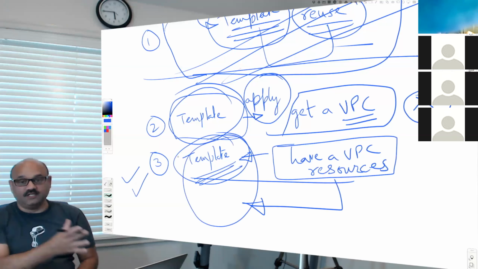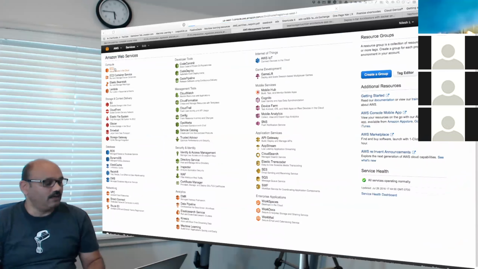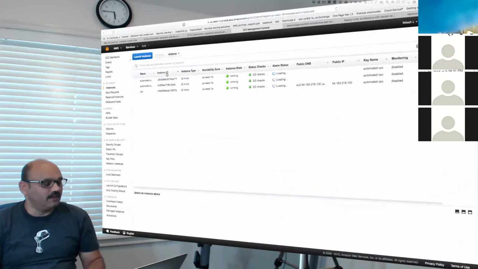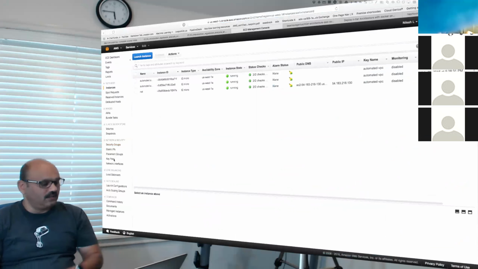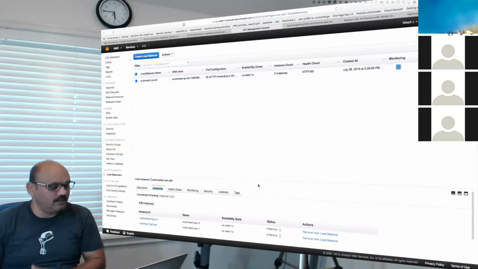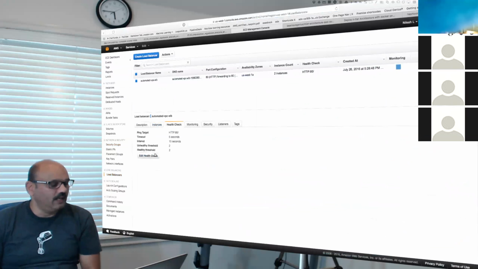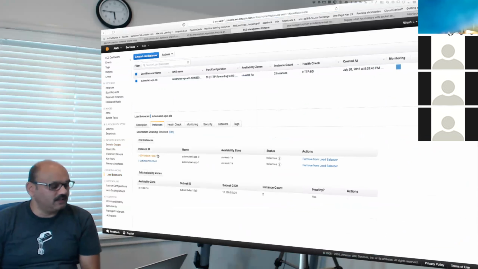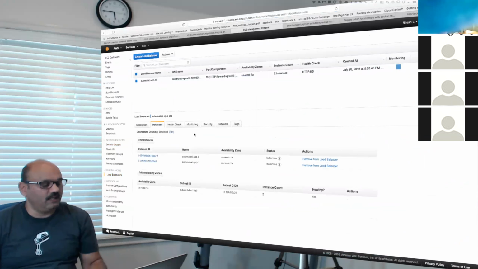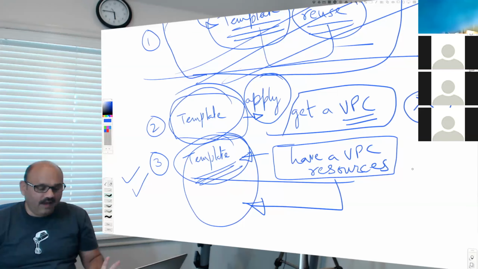We have a bunch of resources already created, as you know, here and here, and these 3 machines, and a bunch of other things. A load balancer for example, here. And there are the load balancer instances mapped, and the health checks assigned, and the health checks are actually healthy. And you can see these 2 instances are participating in that load balancer. And so all this infrastructure that we'll discuss momentarily is ready for us. So we have those resources.